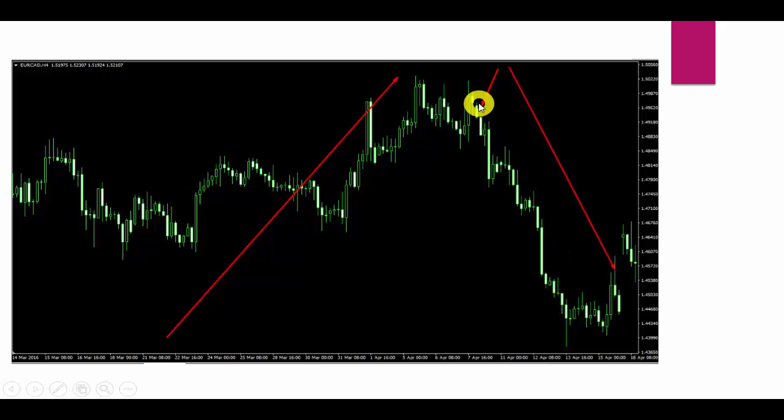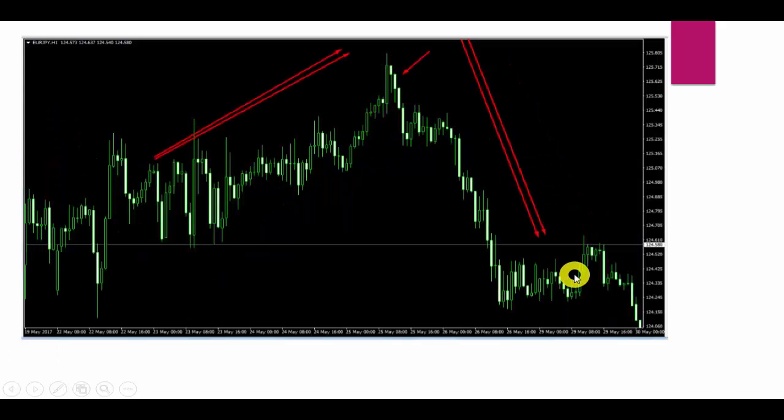So it is another classical, perfect three black crows pattern. First candle downward, second candle also downward with close near low, and the third candle big and bearish to the downward side. You can see the market started a downward movement. So it is a very important candlestick pattern. First the market was in a bullish trend, after that we got the three black crows pattern here, and we got a downward trend.